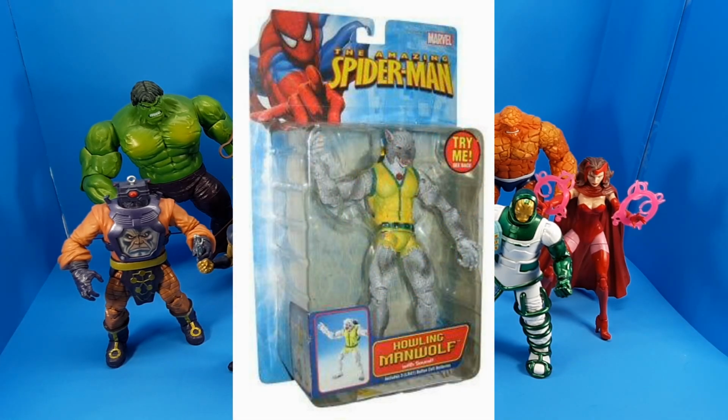There was a Man-Wolf figure produced by Toy Biz back in 2005 as part of the Spider-Man Classics line. That figure had kind of a weird head sculpt, and it had this big backpack on it to accommodate an electronic howling sound. So I would just like a Man-Wolf figure sculpted to look like his original appearance without any